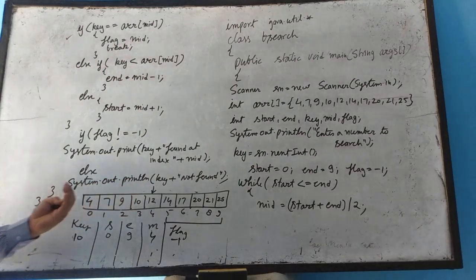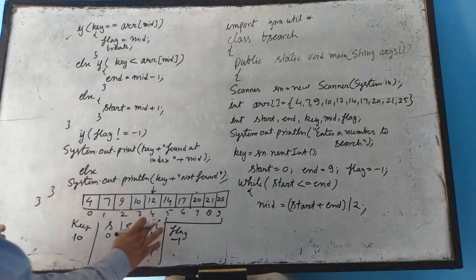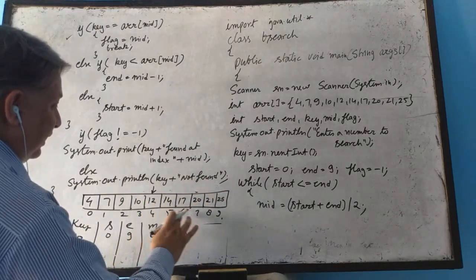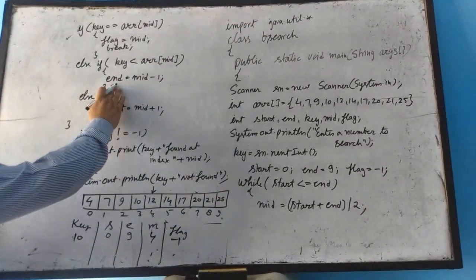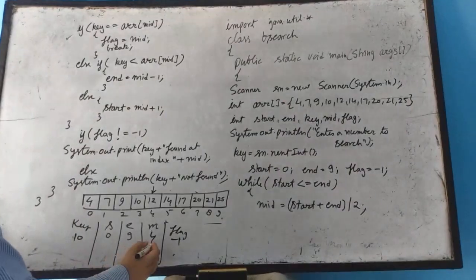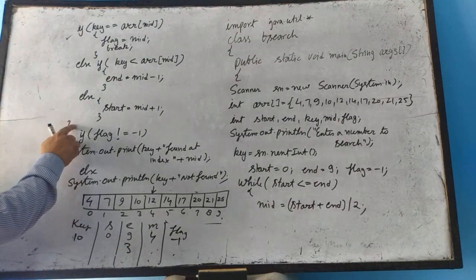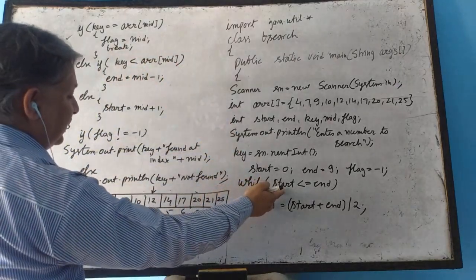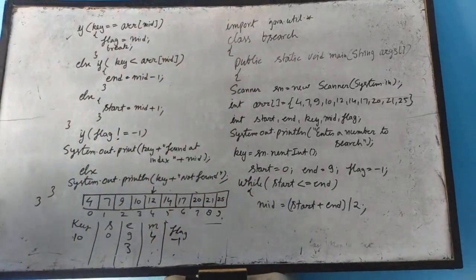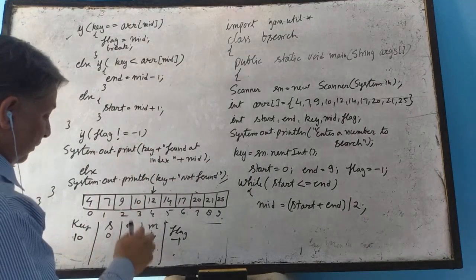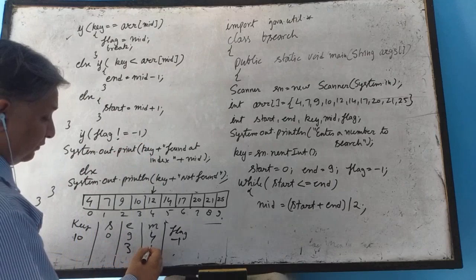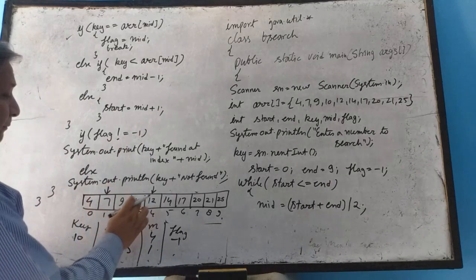It means 10 is going to be at the left hand side, means right hand side is to be eliminated by changing the value of end. That becomes mid - 1, that is 3. Now, end of the while loop. Here curly braces, it will test the condition. 0 is less than 3 is satisfied. We'll calculate another mid, that is 0 plus 3 by 2 is 1. Index number 1 is the new mid.